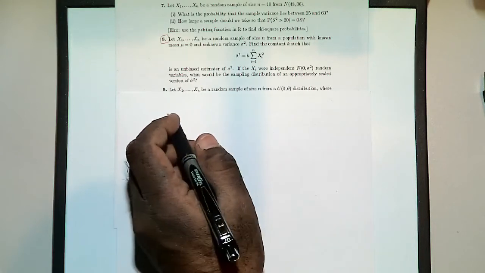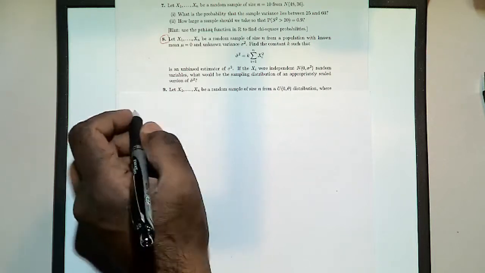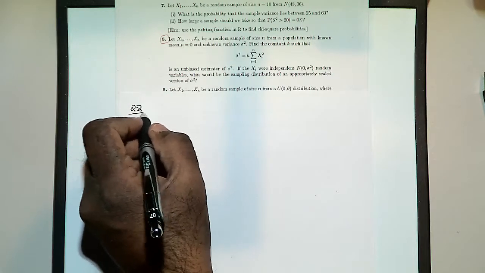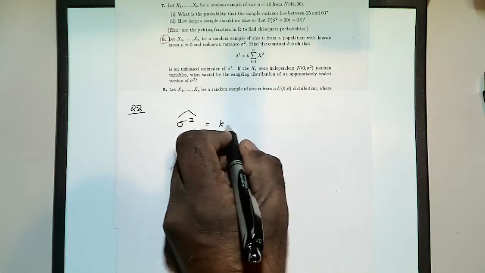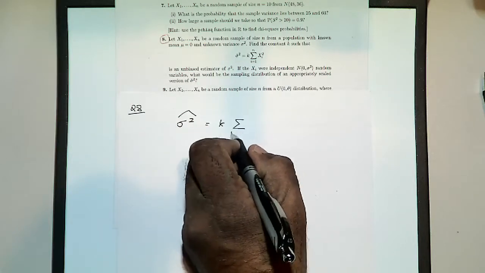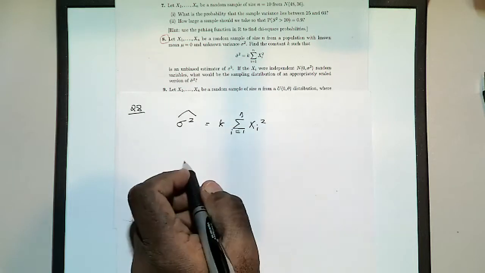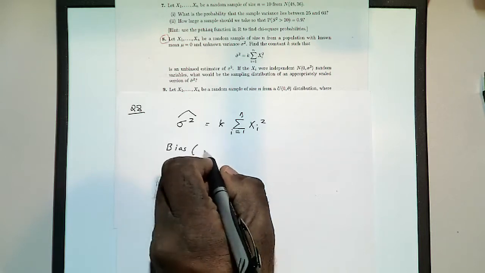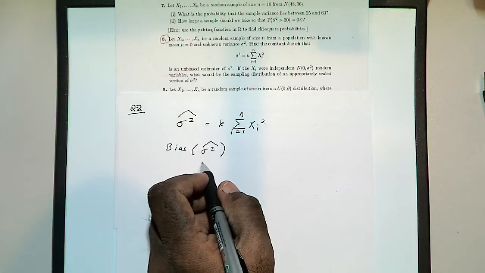Remember, an estimator is unbiased if the bias is 0, right? You remember that from the review session last week, okay? So you have this estimator, and we want to find k so that this estimator is unbiased for sigma squared. So what we need to do is to first find the bias of this estimator, right? Okay, and